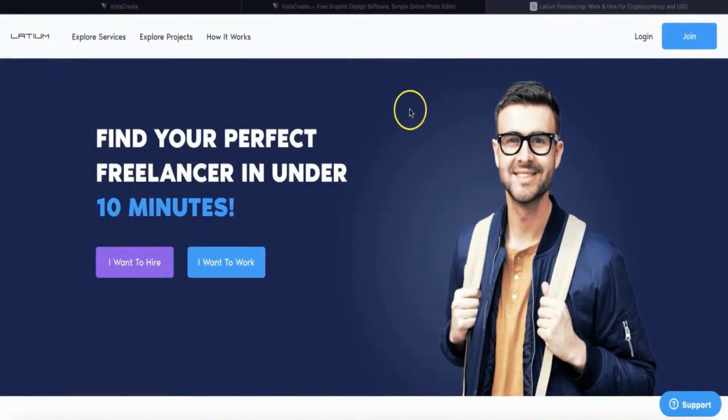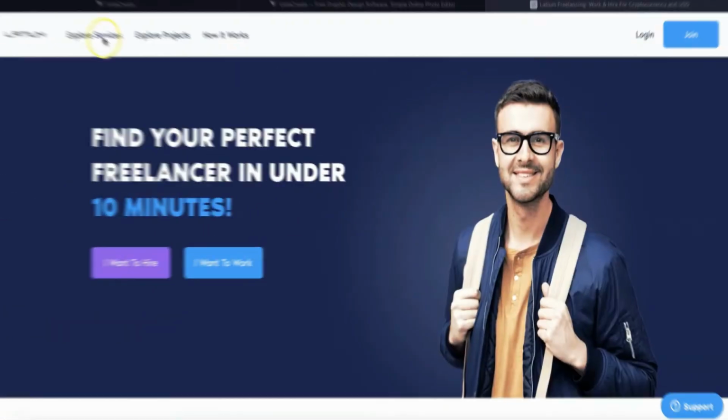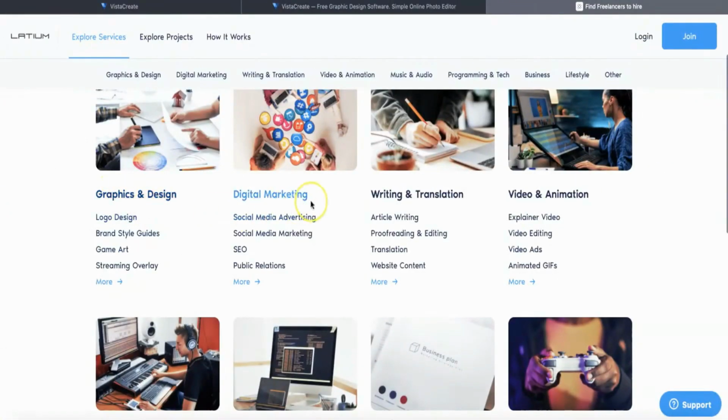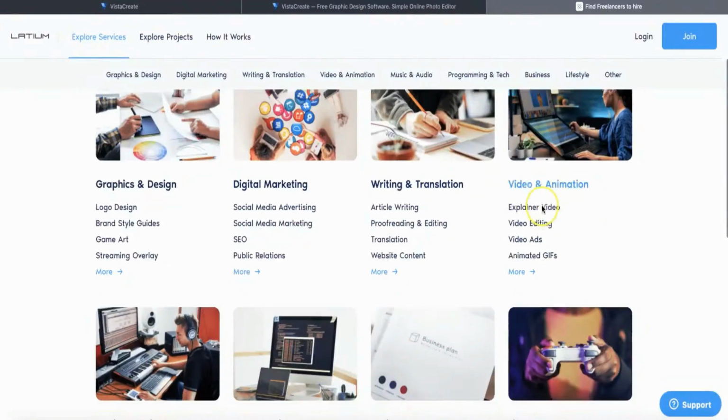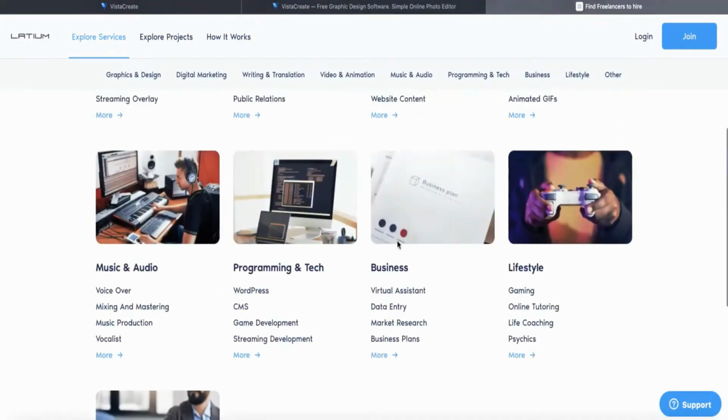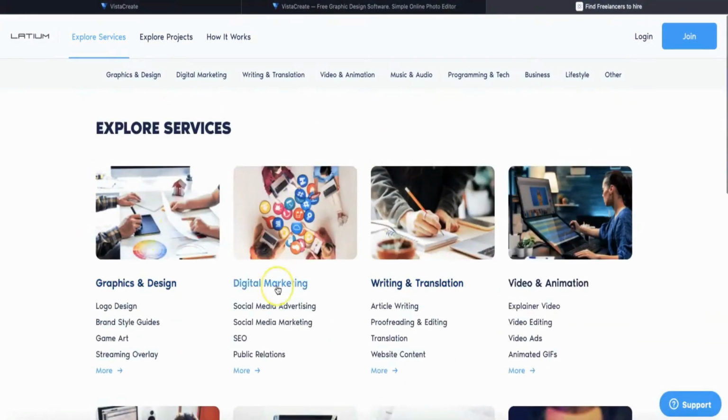When you have created your new account and logged in, then you can look around Fiverr and see what services are being offered on this website by clicking on Explore Services, and here you can see all these different categories. You can also start offering your service and make money in categories such as graphics and design, digital marketing, writing and translation, video and animation, and so many more. As you will be earning money by creating designs, you should be focusing on this exact category here, graphics and design. You can click on it,